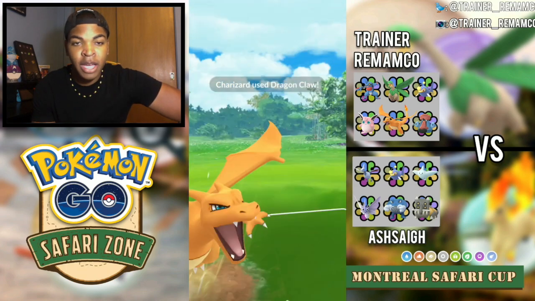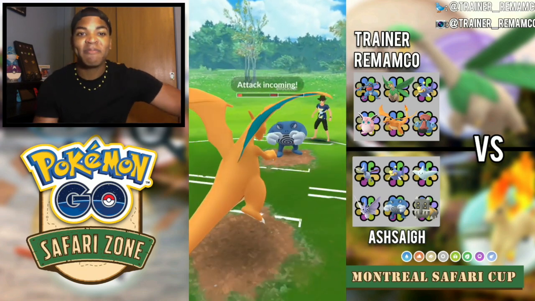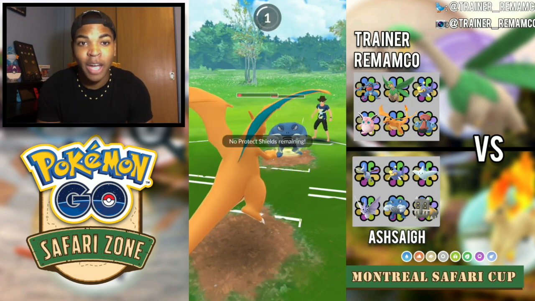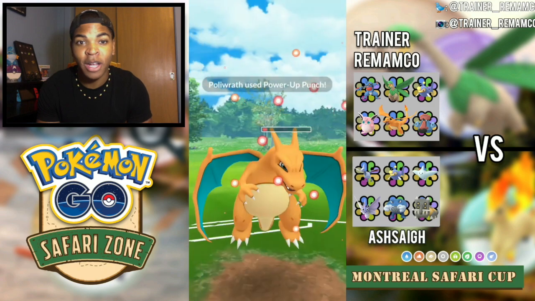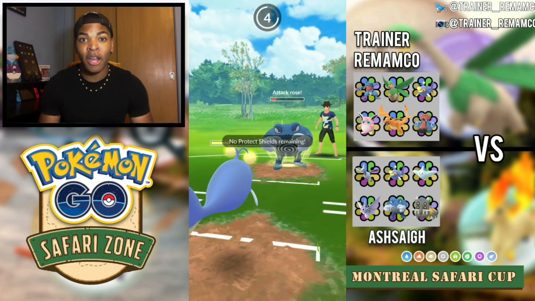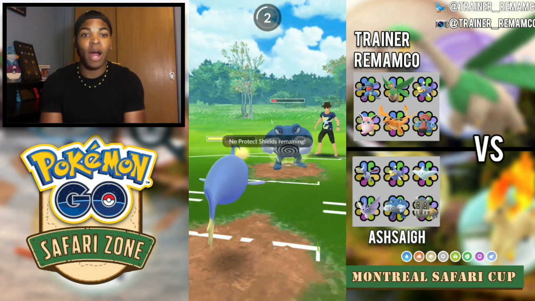Get the Excellent again. But he shields it, he burns his last shield. So I was really hoping that I would be able to get a Charge move priority right here and take it out with Thunderbolt, so then I could just take out Skarmory. But he had a lot of energy built up, and he hit me with one more Power Punch,